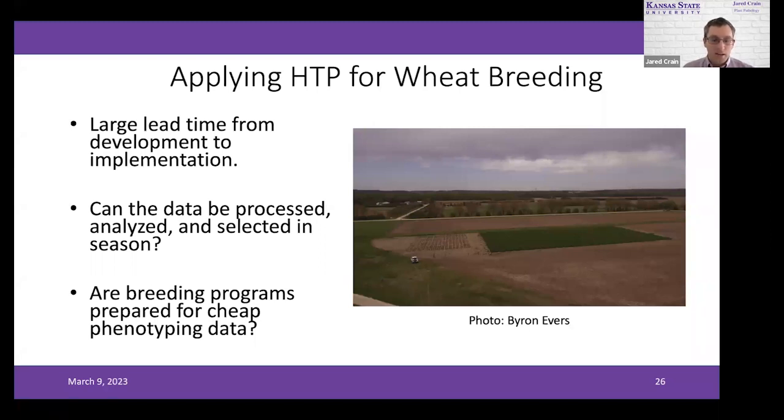And, finally, our breeding programs, prepared for cheap, large amounts of phenotyping data, and how does that look throughout the